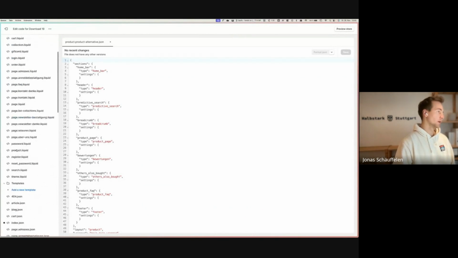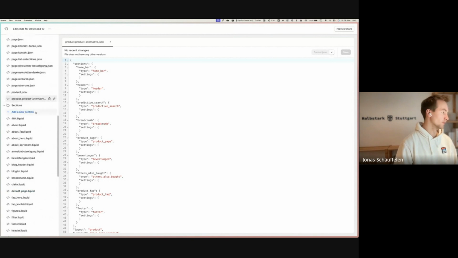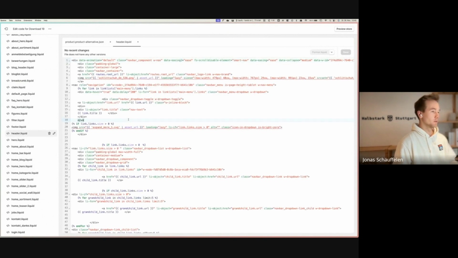So what we see here is the code editor of Shopify. Normally you're not doing, or just testing some stuff inside of here, because when you change something inside of here, your new theme will override it. But let's go, for example, inside of the header. What you see here is that it's not formatted at the moment